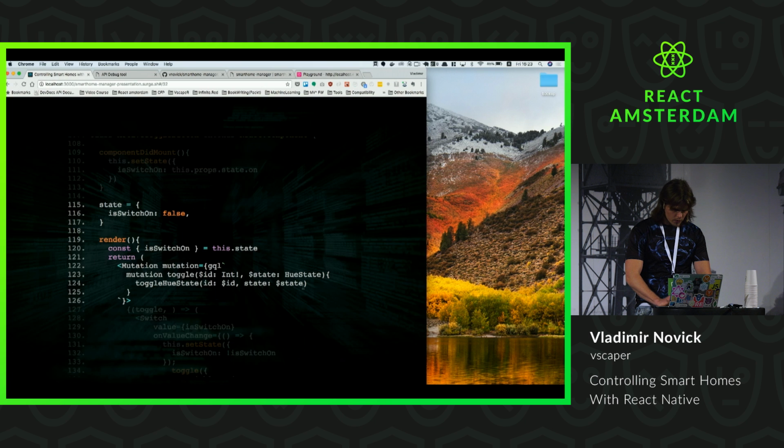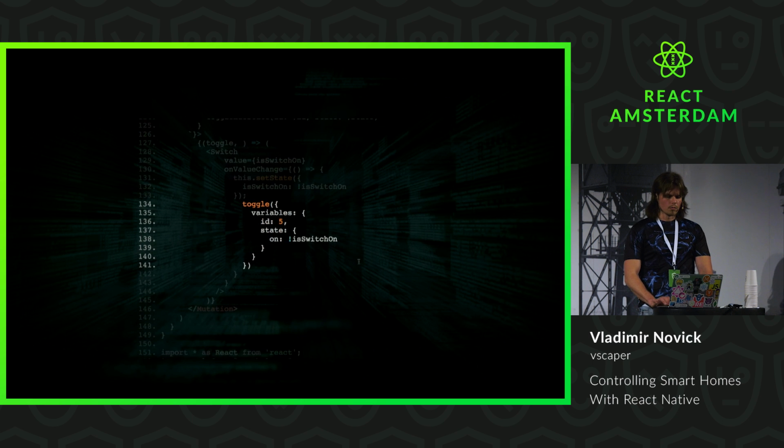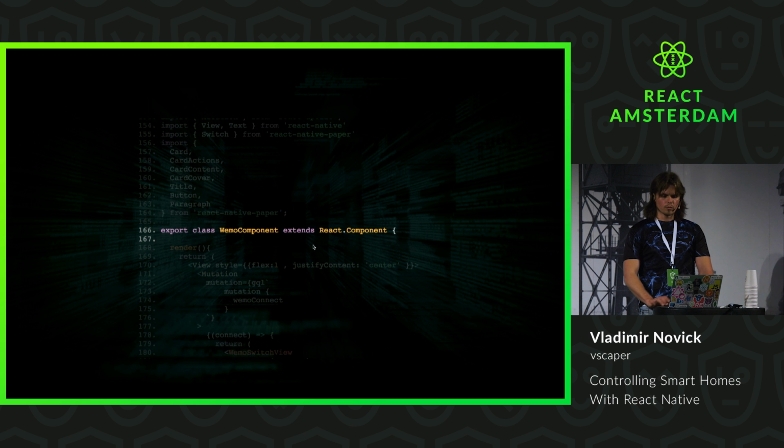Let's get back to the presentation. So here I triggered the state, right? And I just toggled the variables ID. You've seen the ID 5. And the state, I changed it from switched off to switch on. For Wemo component,